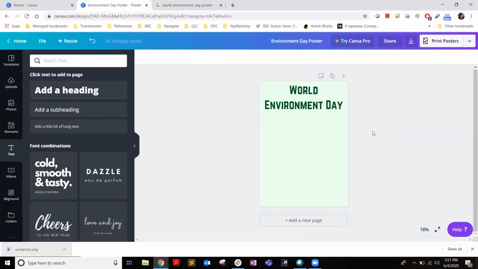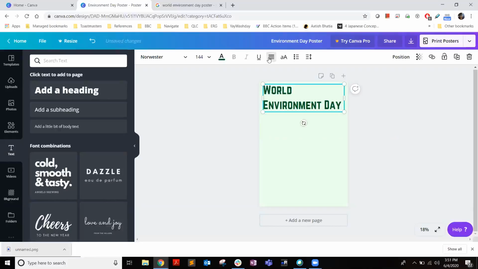People who are done, you can play around with different things. You can try changing the font. You can click on the text and see what underline does. You can set the alignment, left, center, or right aligned. Center is best. You can see what different buttons are doing here. You have a couple of options on the right side as well. See what transparency does. Try playing around with these things.